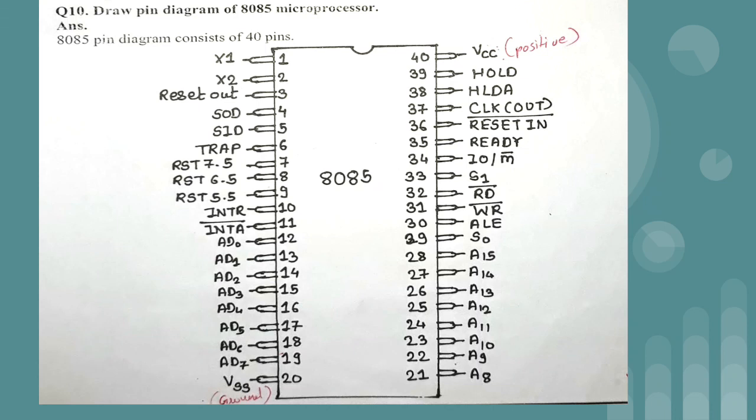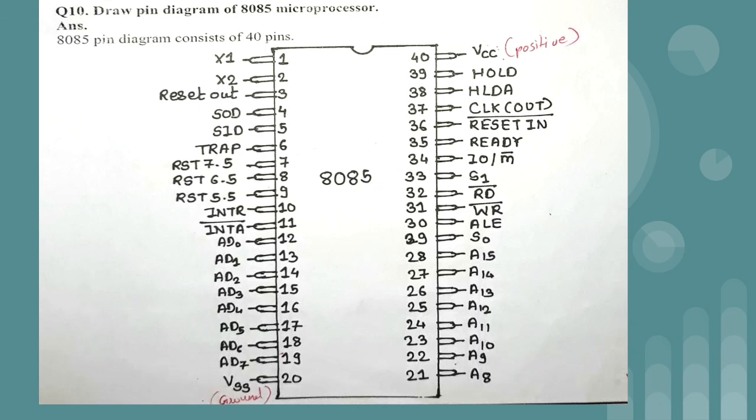After that at pin number 20 we have the ground connection. Then just see the numbering from pin number 21 to pin number 28. From 21 to 28, the remaining 8 address buses, that is A8 to A15, are present. So we have only 16 bus lines, and we should have the pin numbering for the pins from AD0 to AD15 only. Out of these 16 address buses, 8 are used as a data bus. Which ones those are, we will learn in the theory part. But now I am just explaining the diagram because it is very important for you to remember this diagram also.